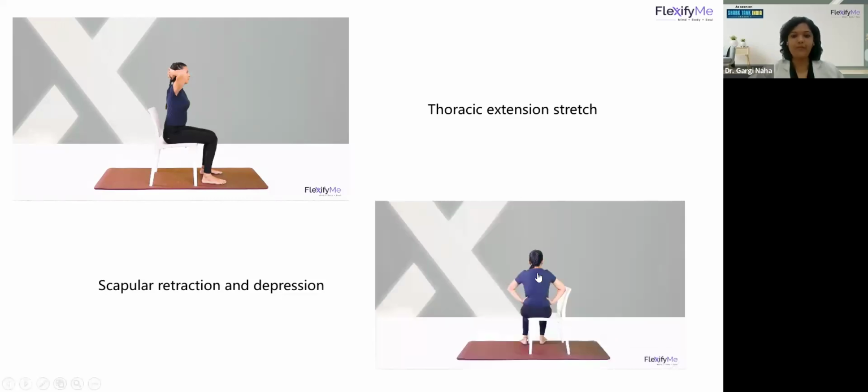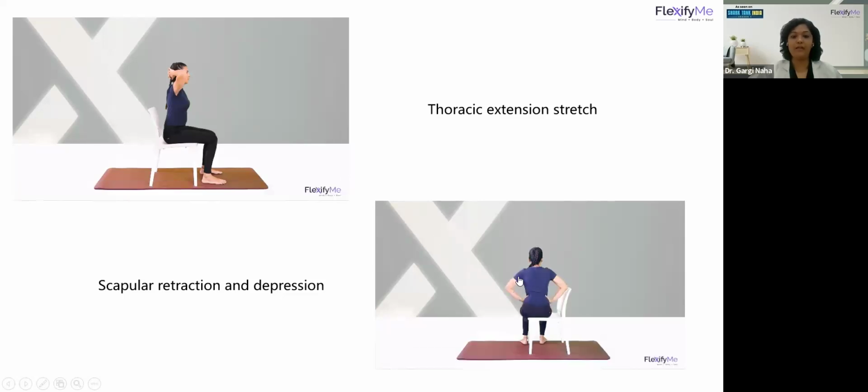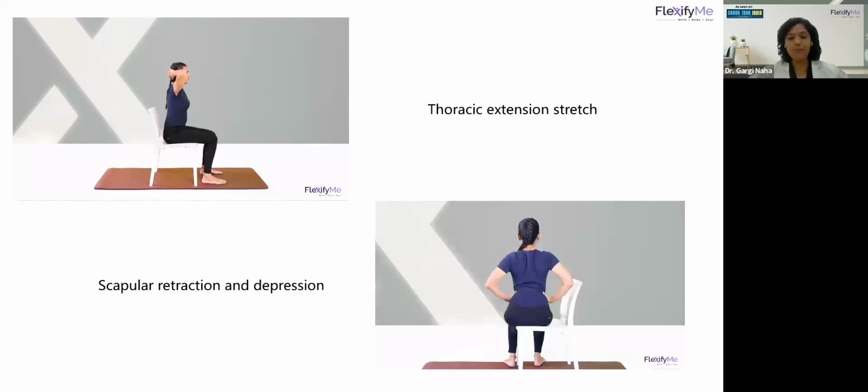Why is this important? Because most of the time we are sitting, we are working, so this area is mostly stressed. So this is for your upper back. Both these exercises are for your upper back, thoracic region. Keep doing. Keep breathing when you are doing these exercises. Never stop your breath. The breath should be normally taken.